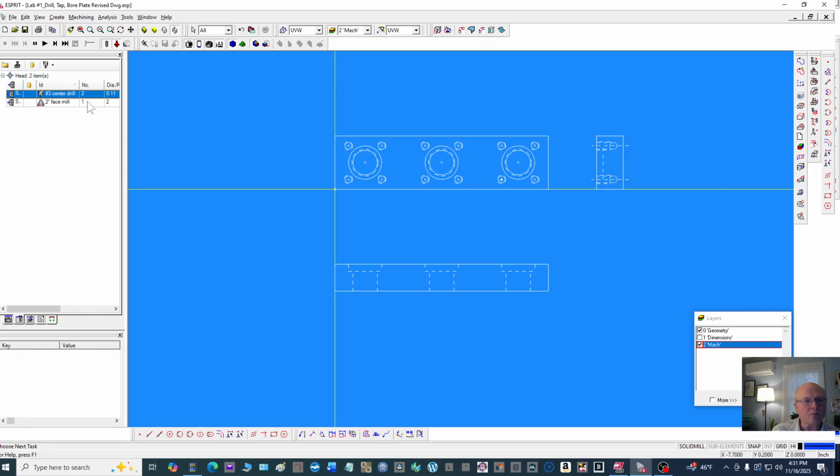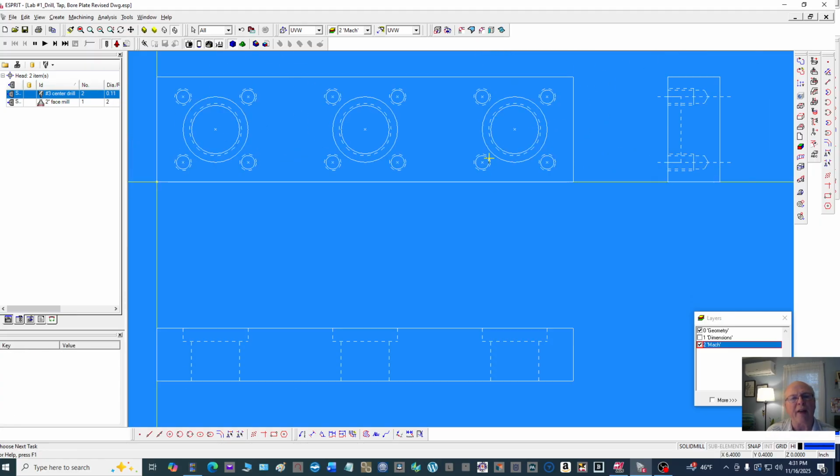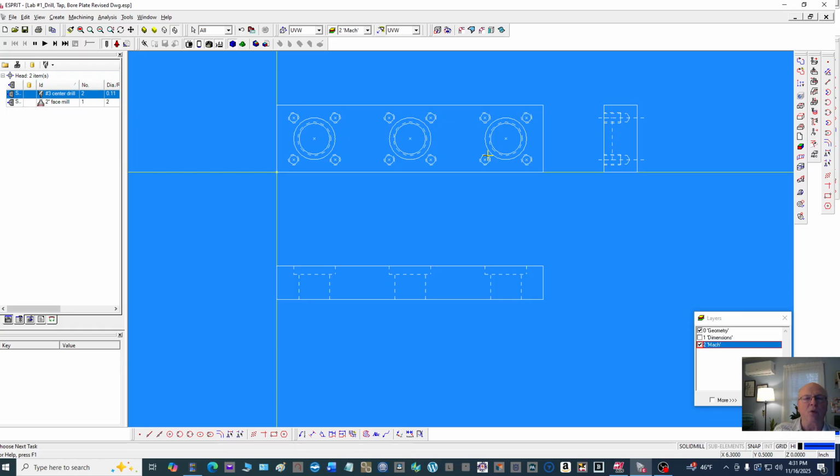Then we have the center drill will cover all 12 of these holes, but then we'll also cover these 3 bores as well, because we're going to use a pilot drill in there so that we can drill that all the way through and use that for machining our contour with a 1/2 inch end mill. So we're ready then now for the drill itself. So we're going to say open here,